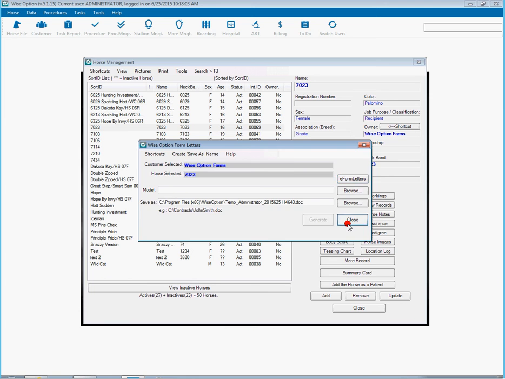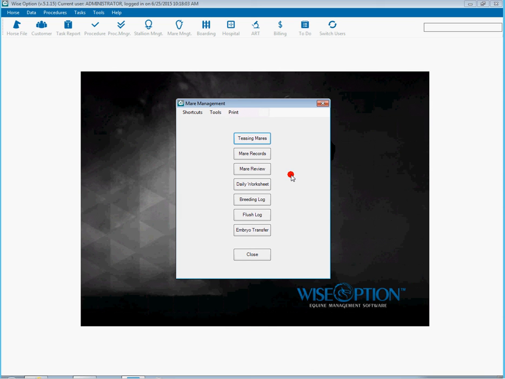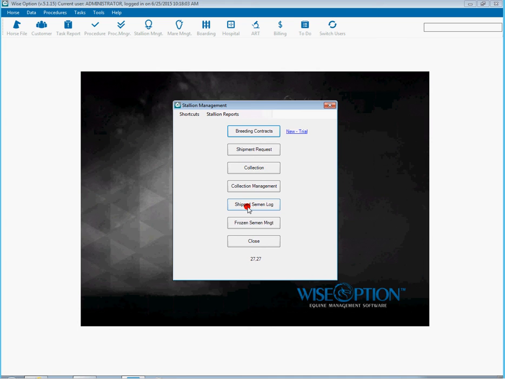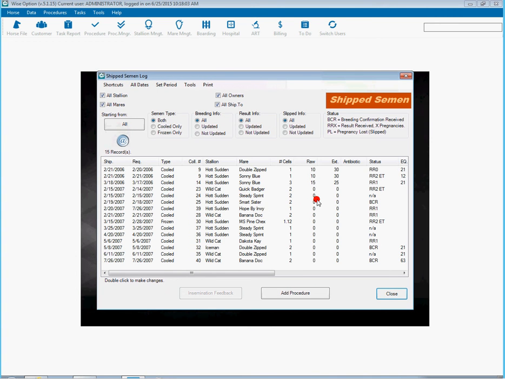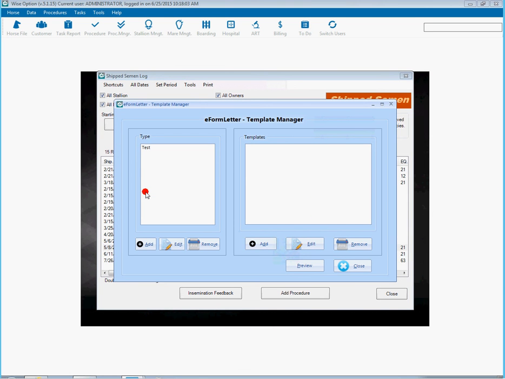Now, when we are talking about records, for example, if I go to the mare management, which is a good example here, let's go to the stallion management and my shipped semen log. This is an old database with very old data, but that's okay. The point is that, like regular templates, you would go select a record and you would go print form letters. Right here, we created a shortcut that takes you to electronic form letter shortcut. So you basically go to the log, select the record, click on the button, and of course here I should have first created my semen shipped